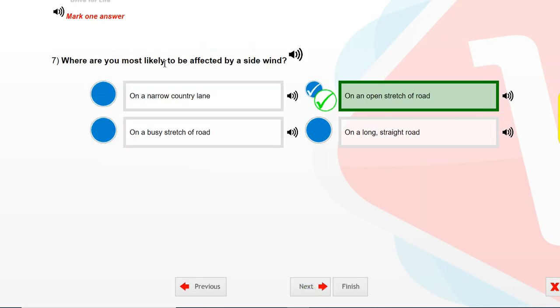Where are you most likely to be affected by a side wind? On an open stretch of road.